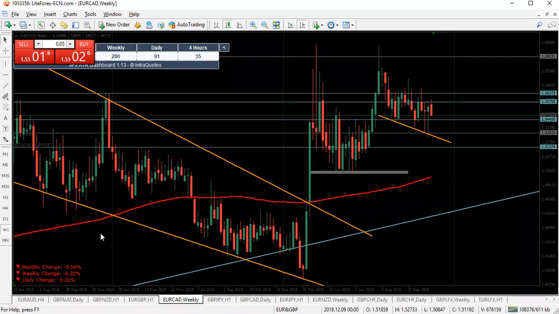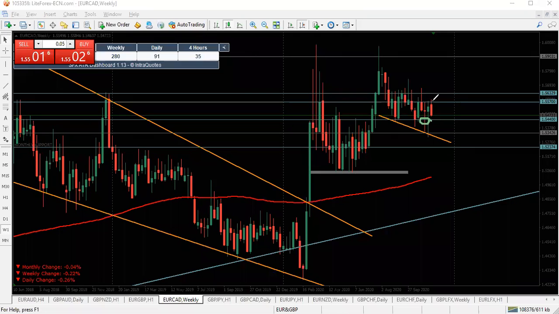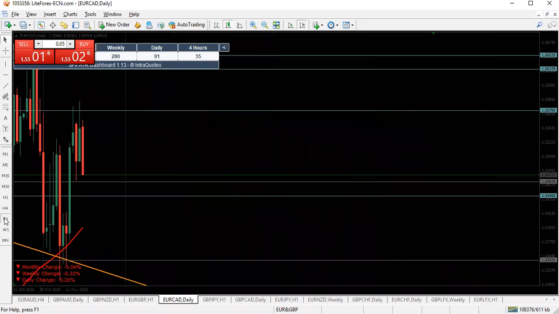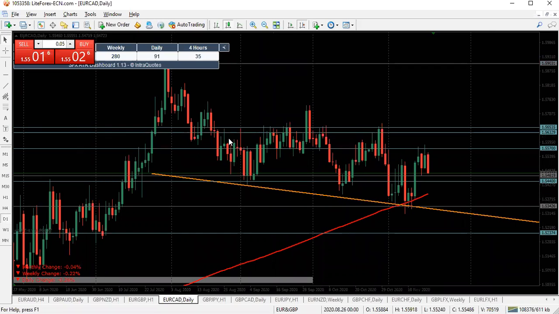Okay, yesterday I spoke about the Euro card, how we had certain structures starting from this rejected resistance. We took a trade here on a sell, and this is what I did. Let's go down to the lower time frame and show you what I did, guys. What I did with this trade was basically